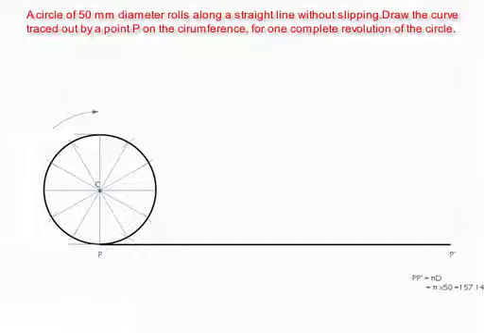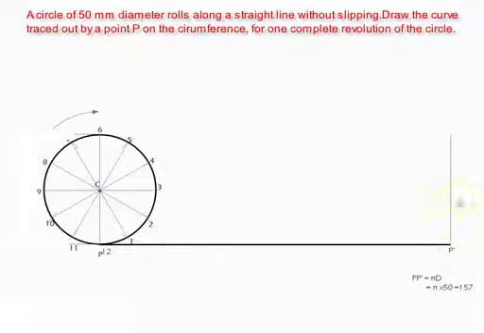When the circle completes one revolution, it will cross a distance equal to the circumference, and that is pi d. So pi into 50 equals 157.14 mm. Just mark the end point P dash, and after that give names to the circle's divisions, 1, 2, 3. Likewise, you can name them in the clockwise as well as the anti-clockwise direction, whatever it may be.